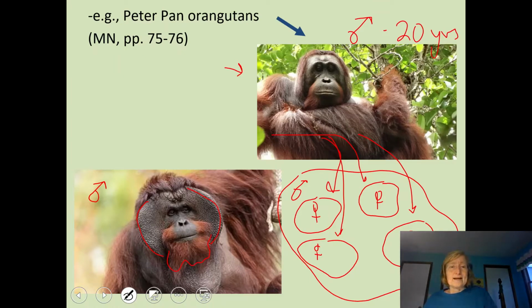Okay, this guy over here is much better at siring offspring. But there's two strategies, and they look very different. What's interesting is if the big male dies or if he leaves, one of these Peter Pan orangs will then develop very quickly into the dominant male in the area. Again, two different phenotypes. Does it mean they're genetically different? No. Peter Pan orangs have the ability to become dominant males. They don't, because